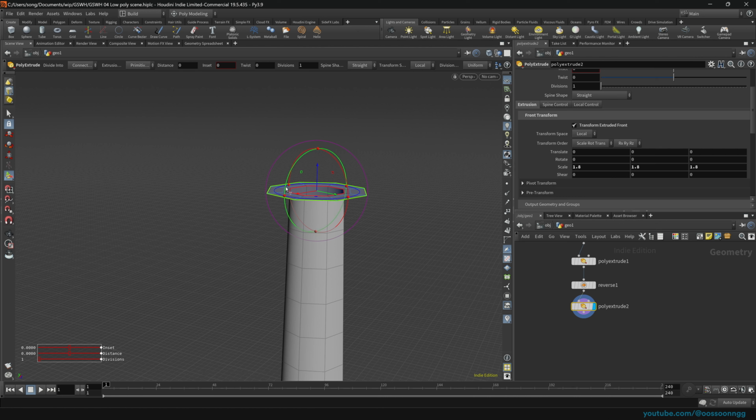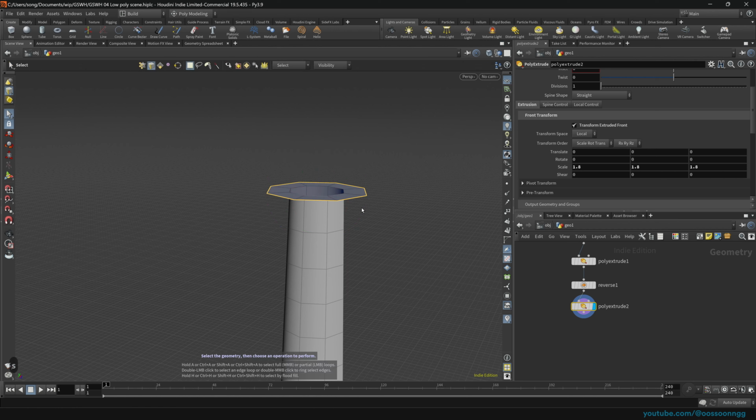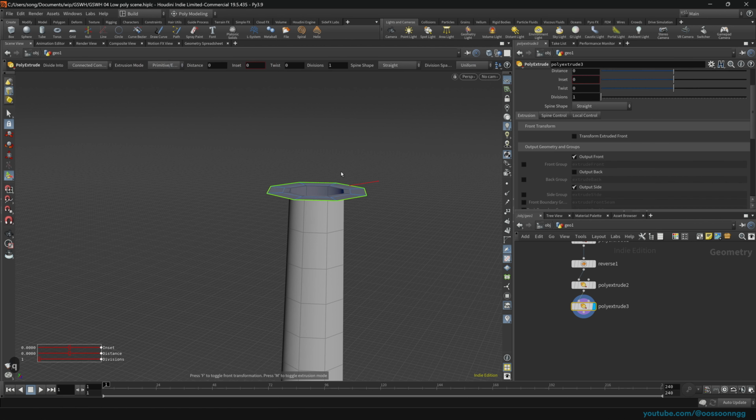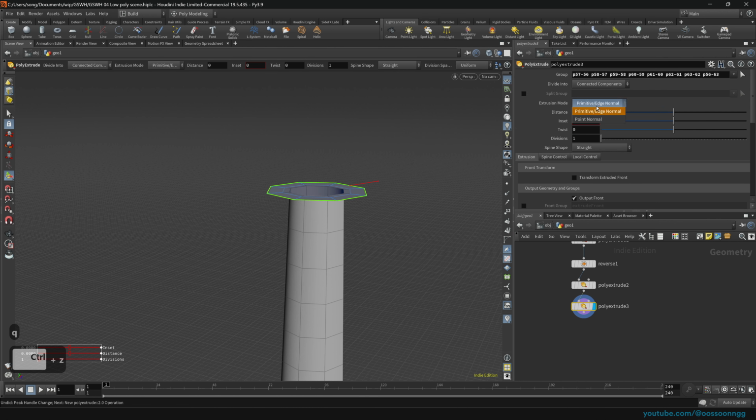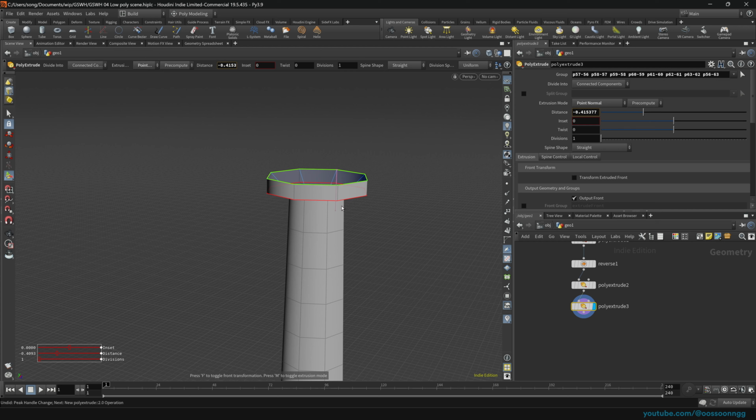Next up, with everything here selected already, I just press Q button. This will repeat the previous operation in the viewport. Oops, and as you can see, let's see, point normals, yep. We can extrude it on the top. Again, press Q,